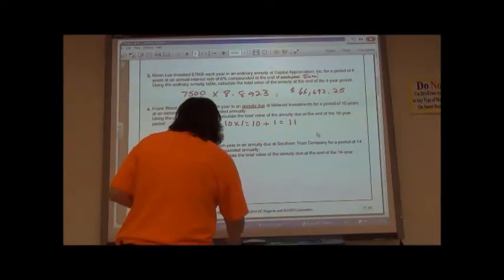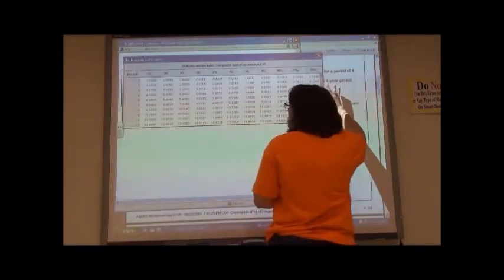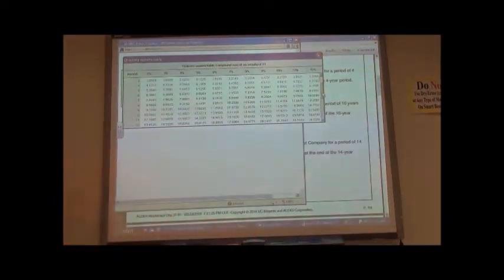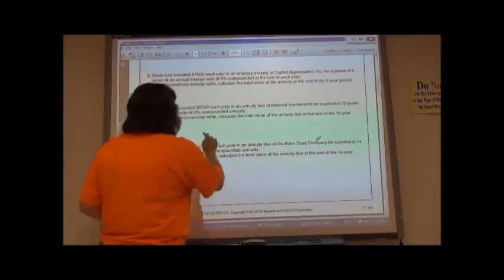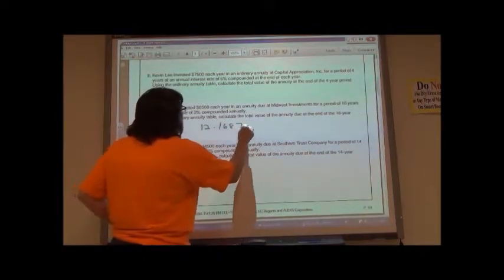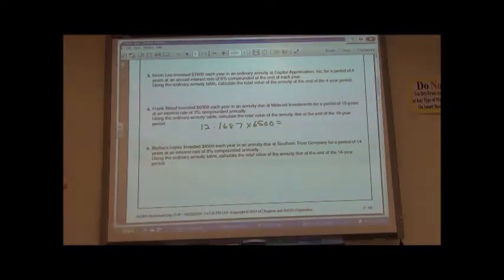And so if I go to my table, 2% 11 times. I got to move down a little bit to get to 11 times. 2% 11 times. Again, I'm going to write that down over here. 2% 11 times is 12.1687. So I'm then going to go over here and I am going to take my 12.1687 times that $6,500. So 12.1687 times 6,500 gives me